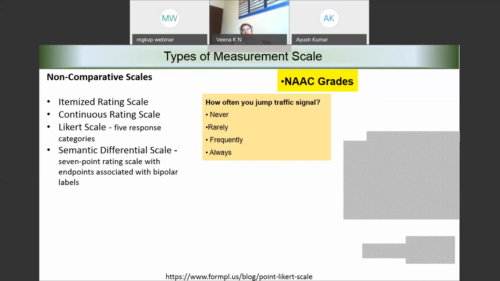How do I differentiate never and rarely? For me, rarely means once in a week. But for somebody else, rarely means once in a month. And for somebody, rarely means maybe once in a year. But rarely is definitely something which says, at least you can expect the person to do this particular act as compared to somebody who is saying never. So think about it. Let us meanwhile look into this. What about this?